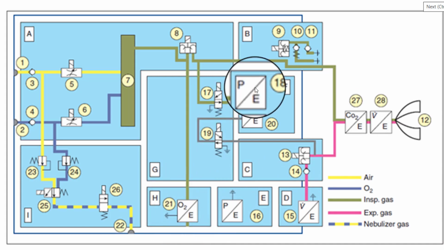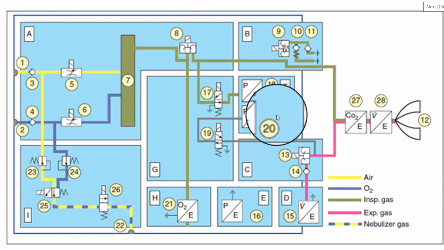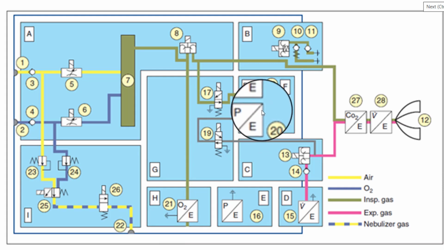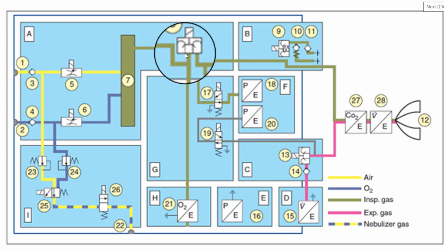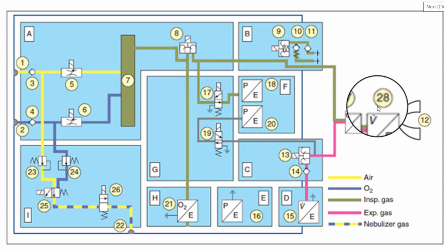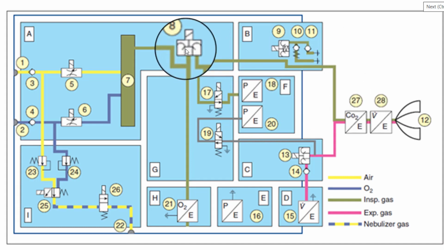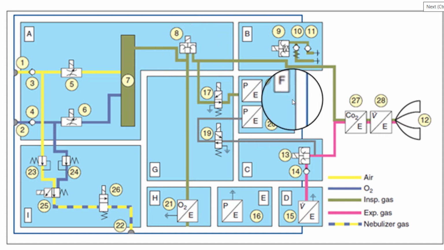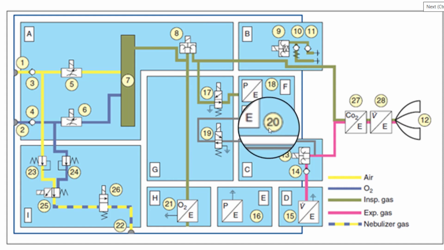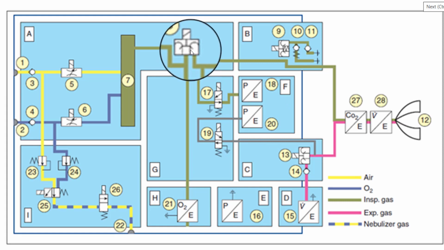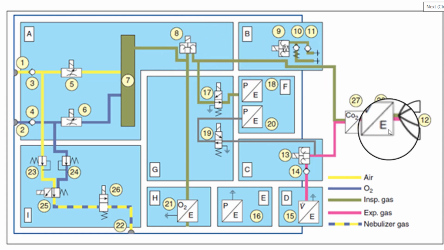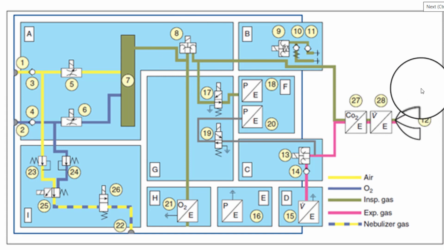Now, based on the inspiratory rates of the patient, which are detected by sensors that are placed in 18 and 20, you design the system in such a way that the air that is supplied to the patient has just the right amount of pressure that is needed for the patient to breathe it in. So the inspiratory and expiratory pressure is detected by sensors, and just the right amount of pressure is provided to the air so that it is pumped inside the patient's lungs.